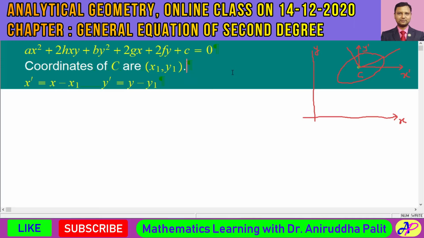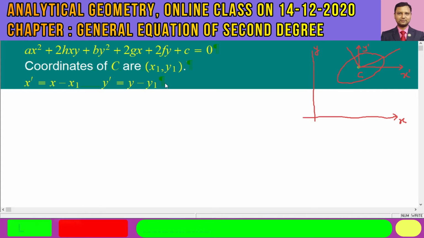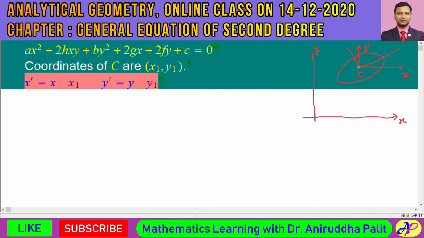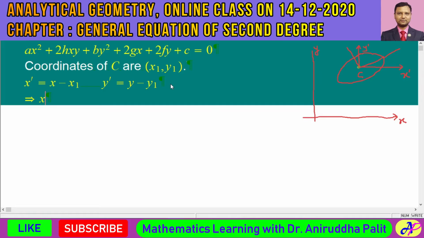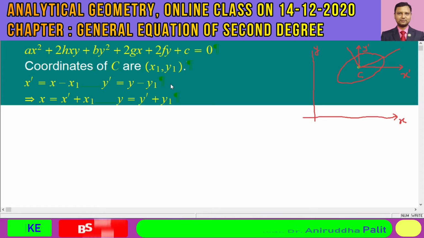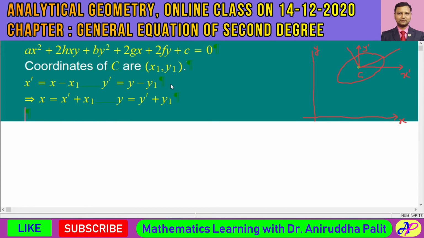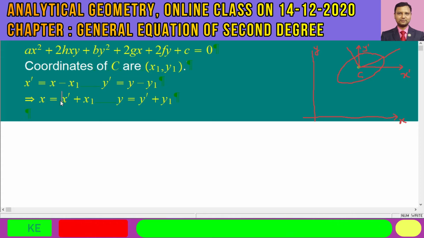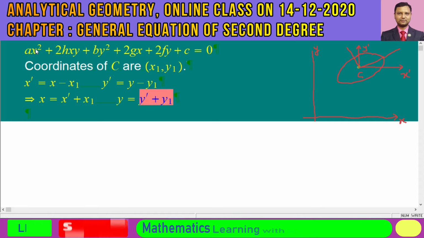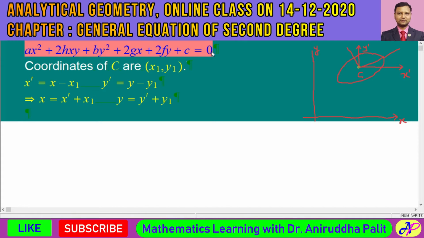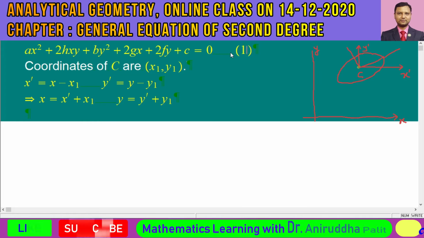So we have this transformation formula, and this would imply that x is equal to x prime plus x1 and y is equal to y prime plus y1. And if we now put x prime plus x1 in place of x and y prime plus y1 in place of y in this expression, let us call it equation number 1,